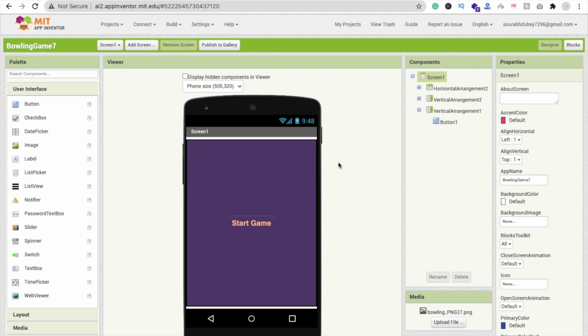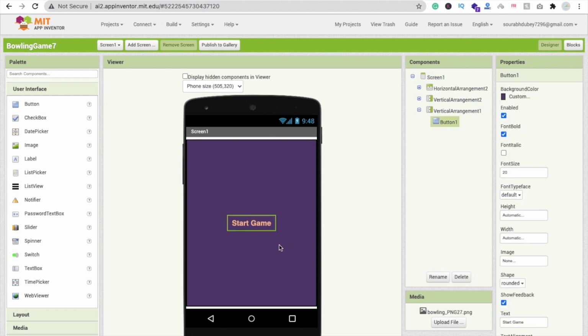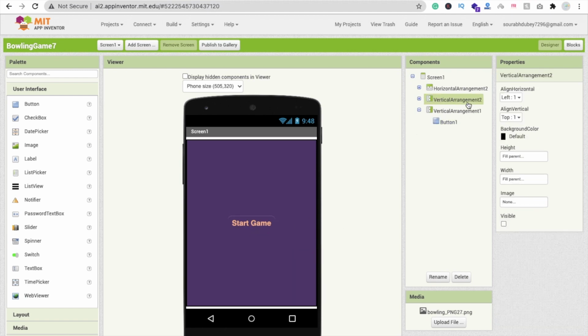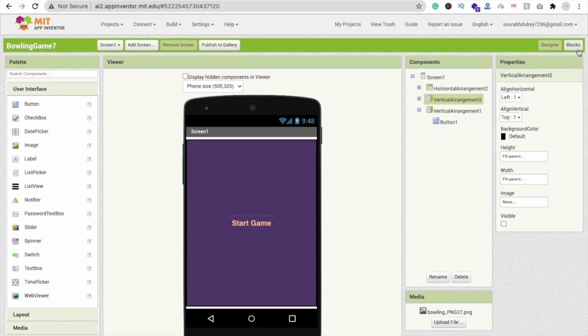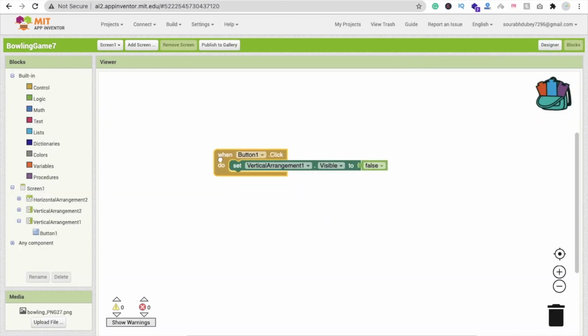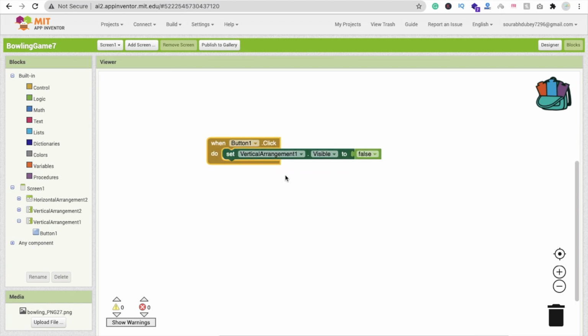Till now we have done this design: the start game button design, the second main game screen, and the third one is our game over screen. Whenever someone opens this app, they can see that one screen with the start game button. Whenever someone clicks on this button, we have to redirect them to the second screen, the main screen. For that, go to the blocks, and we have done the code: when vertical arrangement dot visible